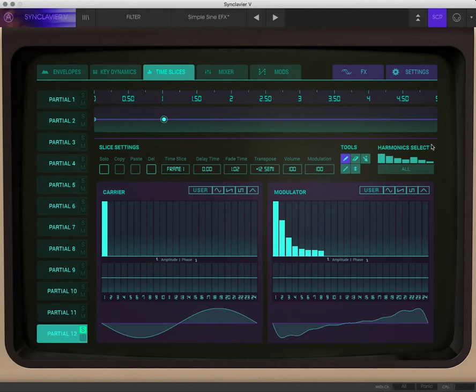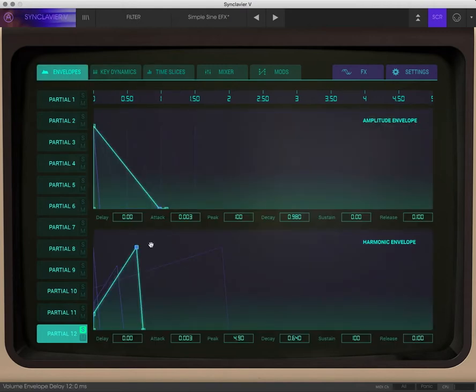So now I've got this repeating every couple of seconds, and I could still change this a bit by this. So now if I switch the solo off,